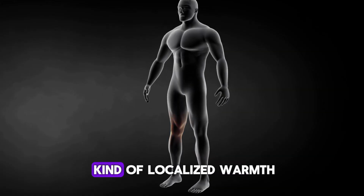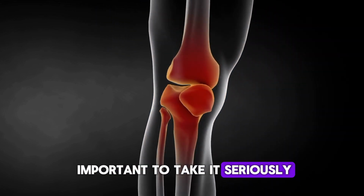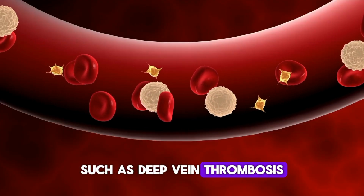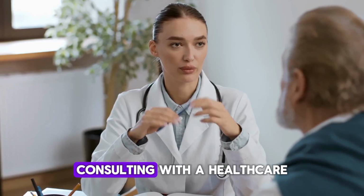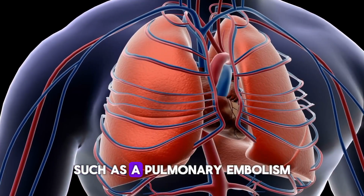If you notice this kind of localized warmth, especially if it comes with swelling, redness or pain, it's important to take it seriously. These symptoms together can indicate a significant issue, such as deep vein thrombosis. Do not overlook these signs. Consulting with a healthcare provider can help determine the cause and prevent more severe complications, such as a pulmonary embolism,